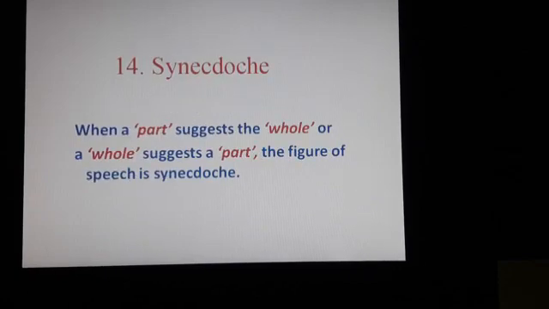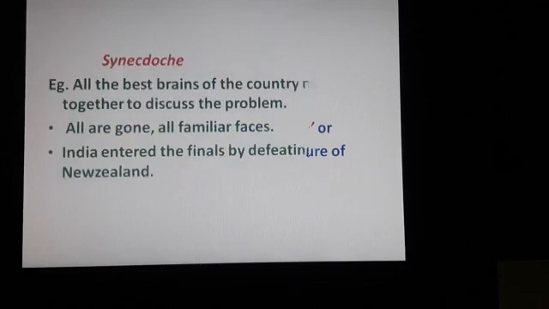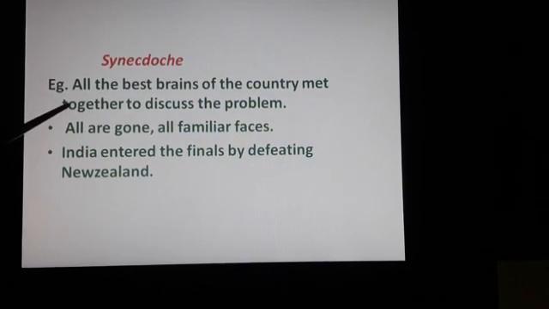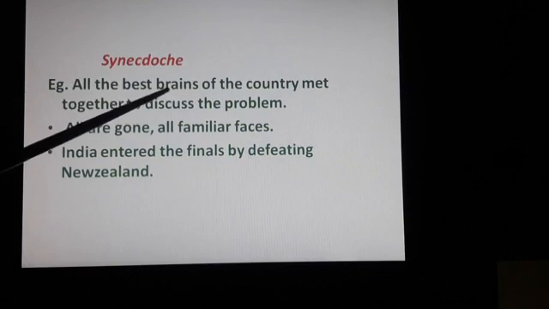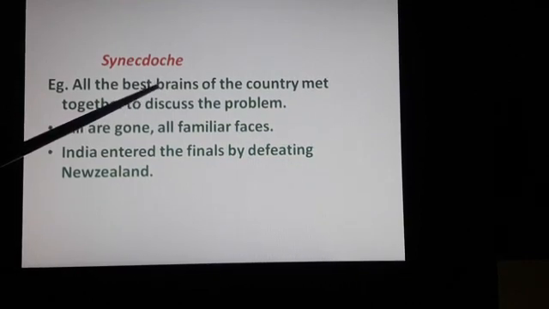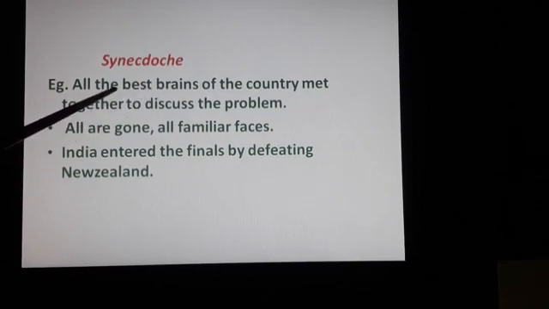14th is synecdoche. Synecdoche again is a part suggests the whole or a whole suggests a part. We call it synecdoche. With the example it will be clear for you. All the best brains of the country met together to discuss the problem. Here best brains is a part of the body, but then it stands for the whole of person. All the best brains here means the intelligent people, the clever people of the country, they met together to discuss